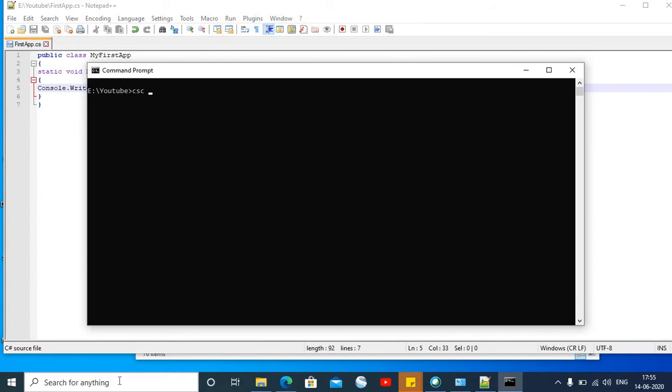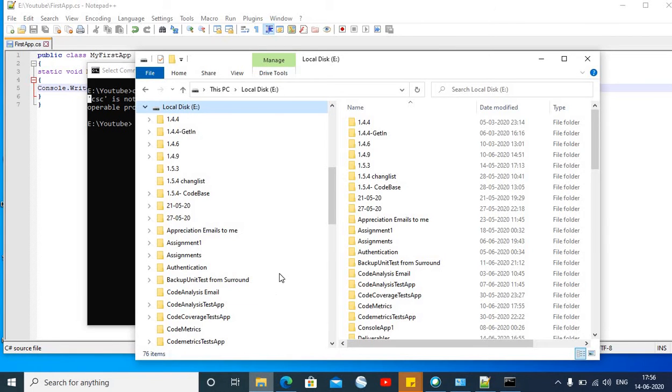csc fastapp.cs. Okay, so here I am getting an error like csc is not recognized. Actually, Windows has not registered it in the environment variable, so that's why Windows is not able to recognize what is csc. So for this, open the file explorer,